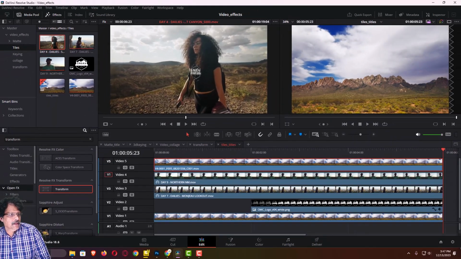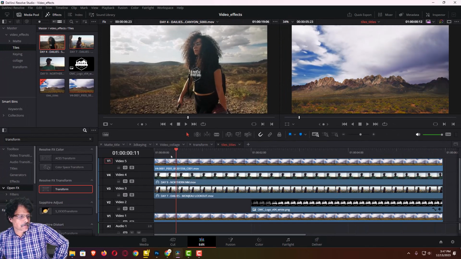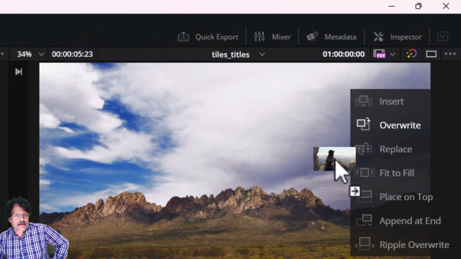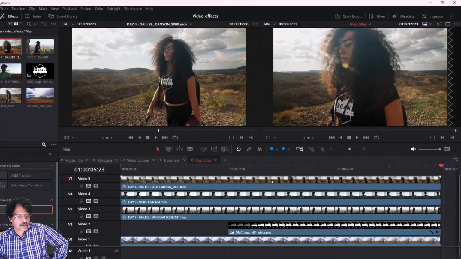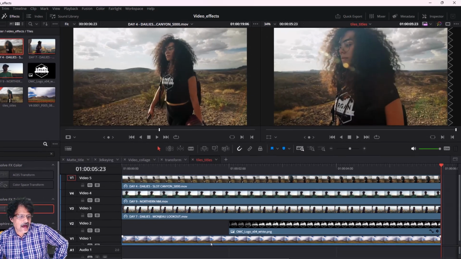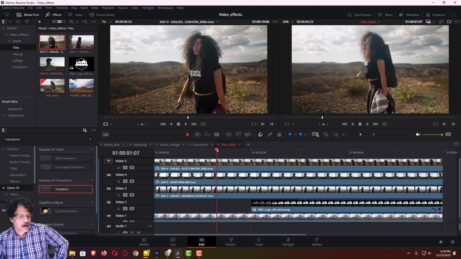So, I will double click this. One thing is bring this cursor back to the starting point and then drag this and choose fit to fill. So, now I have these 3 tracks placed one above the other and I have the background track. Okay, now to start with, the very first job I am going to do is